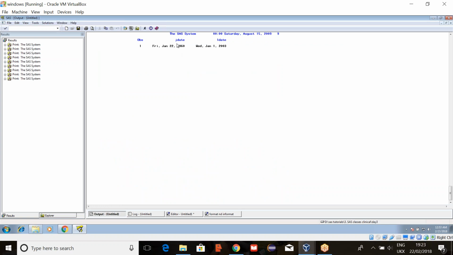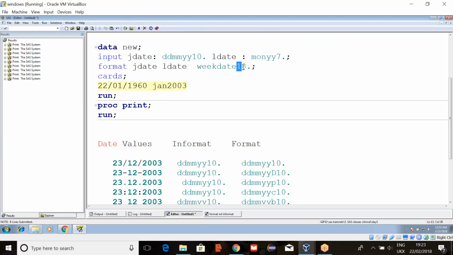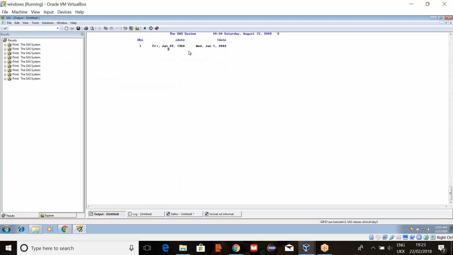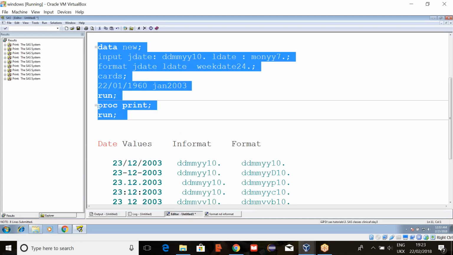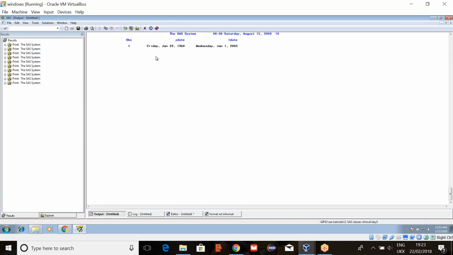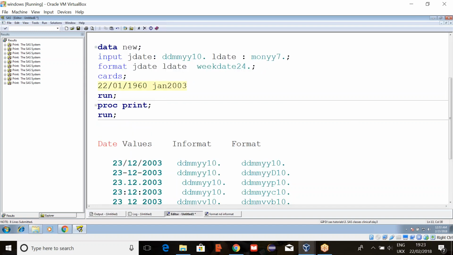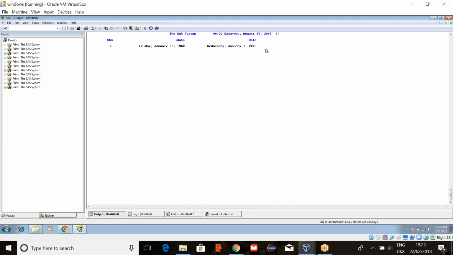The word is not printed correctly, completely. Because here the length we have given 18 is not sufficient to take all the characters. So if you want to print completely, just increase the length. Let's take 24. See, now that length is sufficient only for the weekdays, not for the month. So if you want, we can increase some more. 34. Yeah. Now this is sufficient.